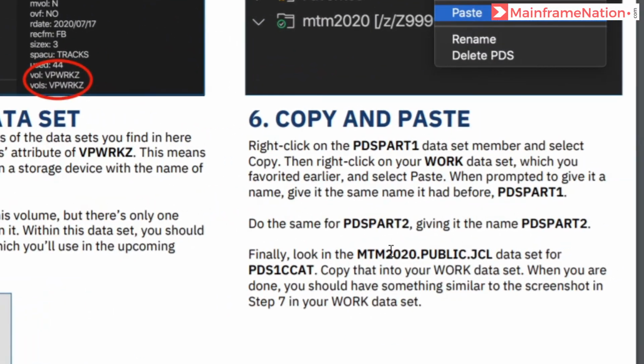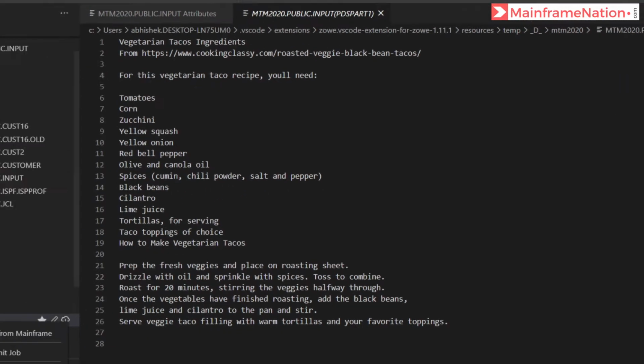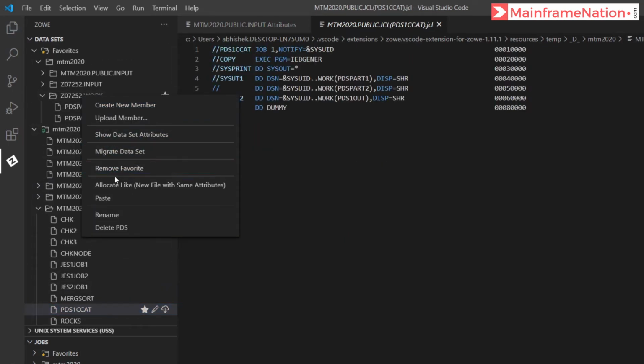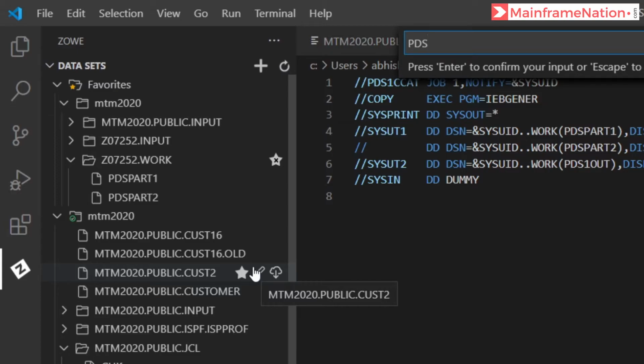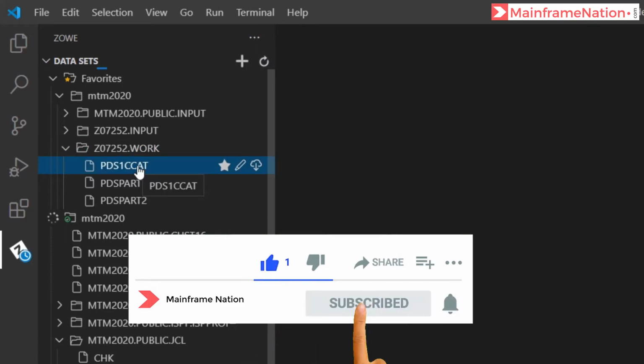Then go to mtm 2020 public.jcl and copy PDS1 CC80. So this is PDS CC80, copy and paste it into the work dataset. PDS1 CC80. Click on PDS1 CC80